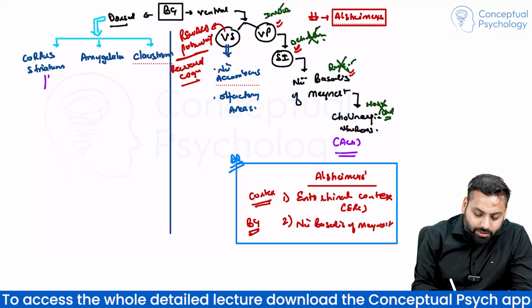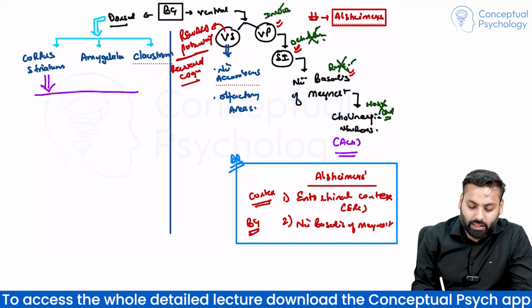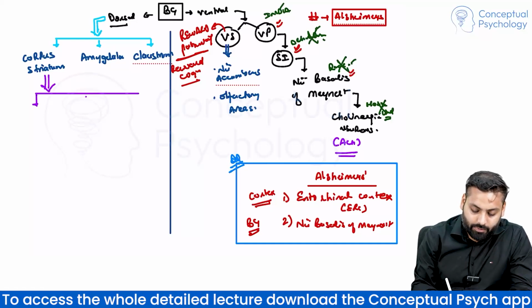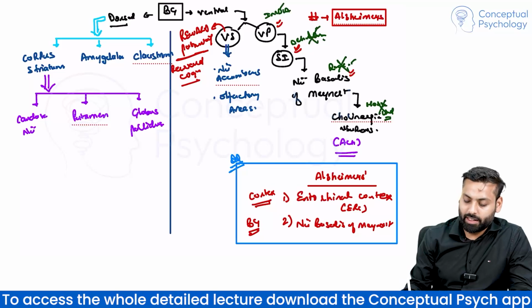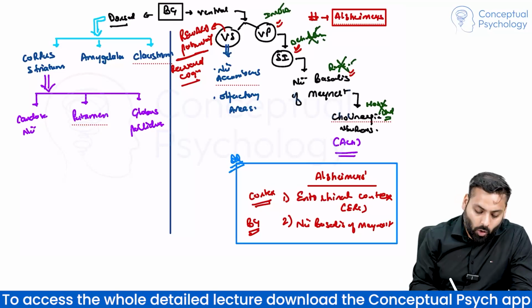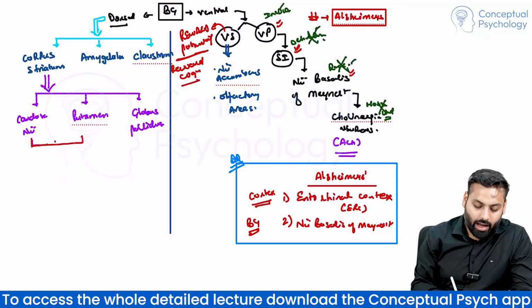Now, corpus striatum is further composed of three main areas. One is caudate nucleus, other is putamen, and third is Globus pallidus. Caudate nucleus and putamen together are known as striatum,